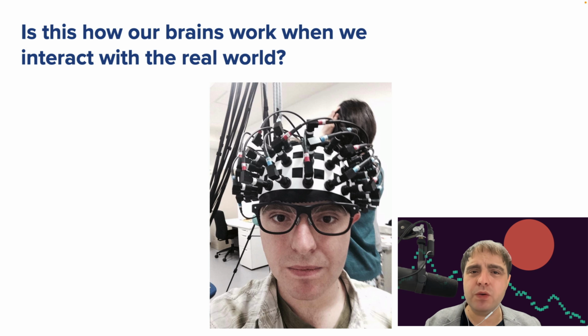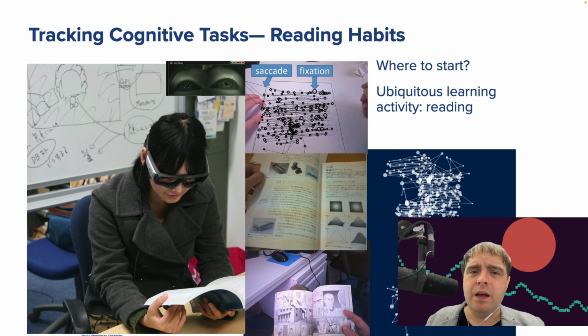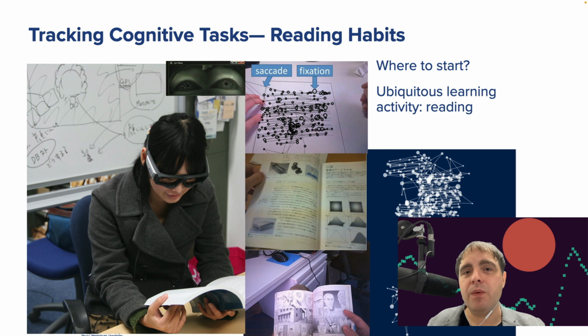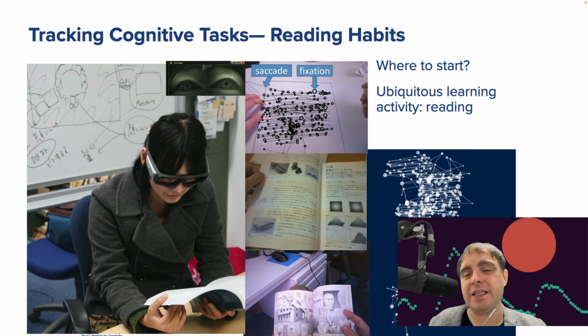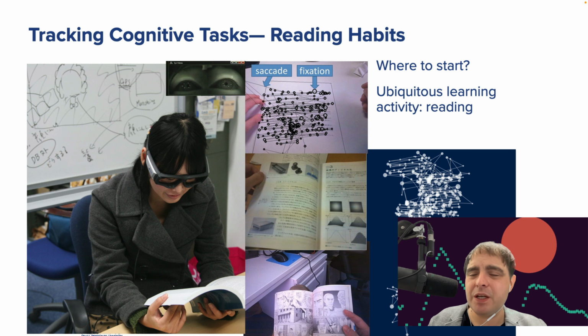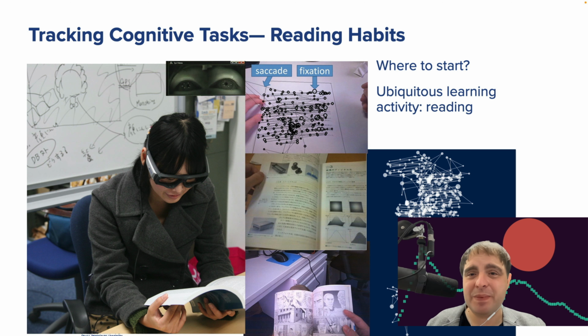So what can you do? Moving a little bit away from the brain, the first sensing modality that we explored for tracking cognitive tasks was eye tracking. Eye tracking is interesting because it's kind of a window to your brain, but it's also not so difficult to record. You see here an SMI eye tracker. It's still a little bit obtrusive, but nicer than the last picture, of course.